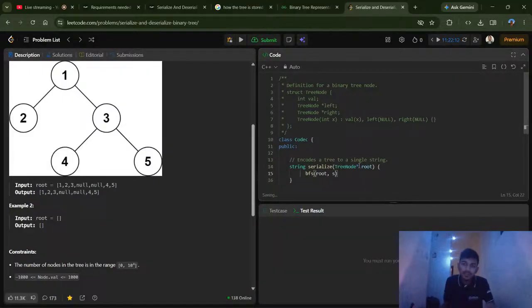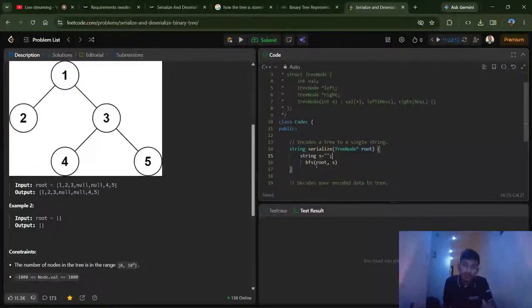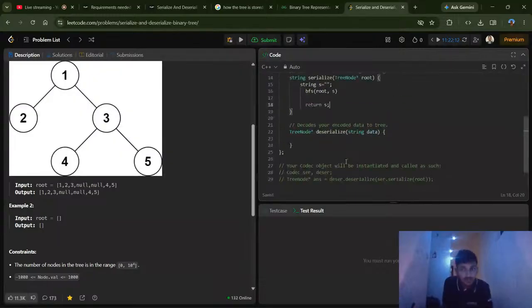I am considering string s. Now define the string s equal to the input string, and I am passing that string to the function BFS. BFS will do that work, and after that we will return the s. Now this is to decode your encoded data to the tree. It means